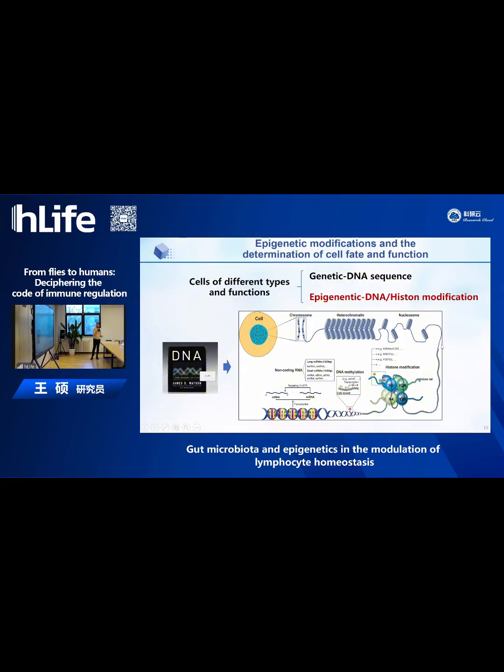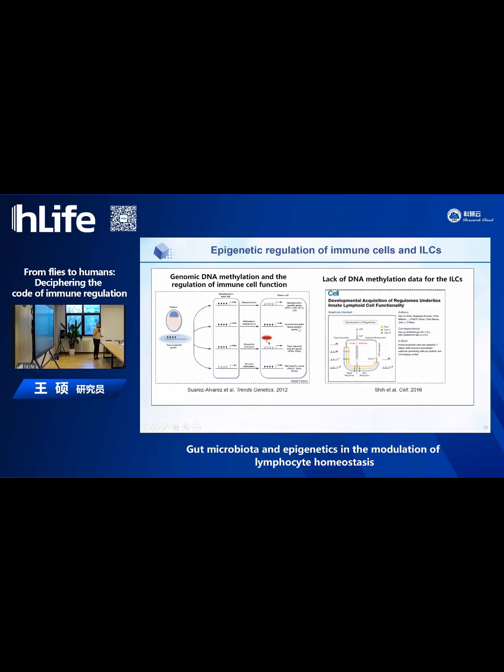So the epigenetic modification of the cell is very important for the fate determining of the differentiation of different types of cells. DNA methylation plays a lot of important roles in the regulation of stem cells, such as the hematopoietic stem cells. During the differentiation, the lineage genes are opened by the loss of DNA methylation, and some stem cell genes are closed by the methylation of these genes.